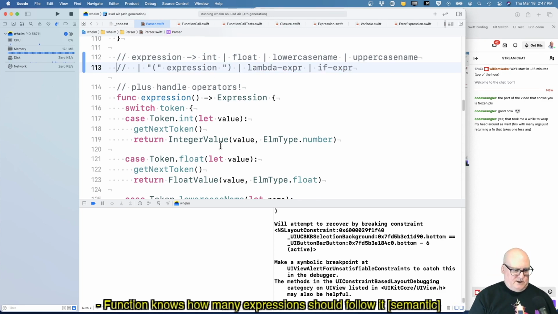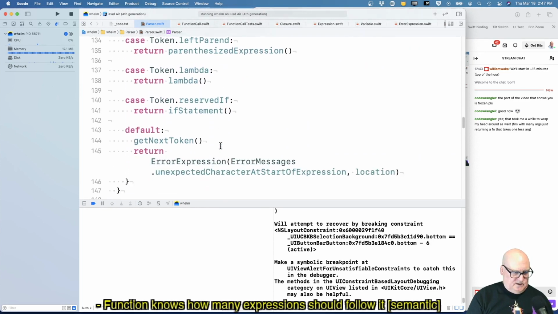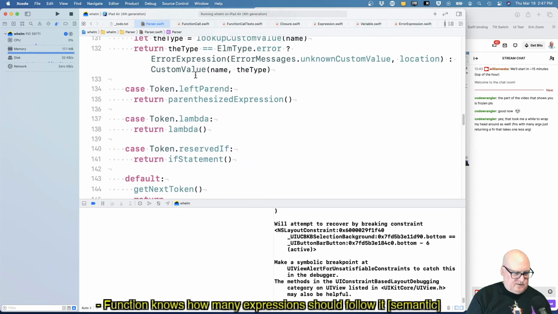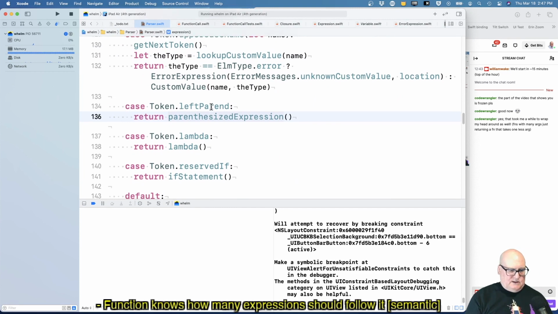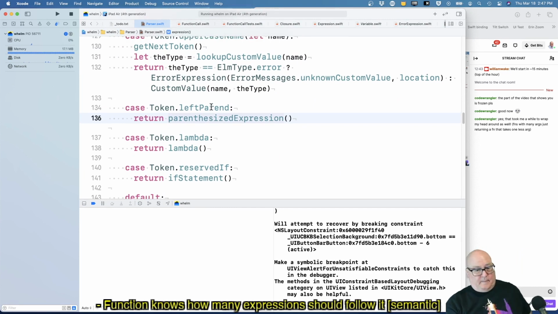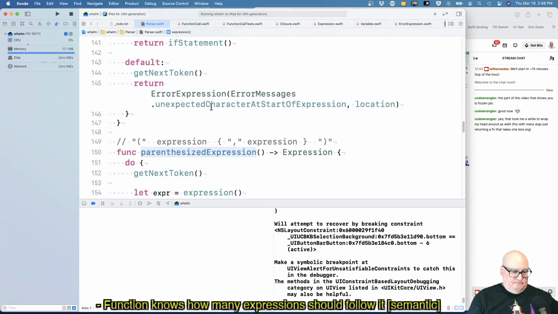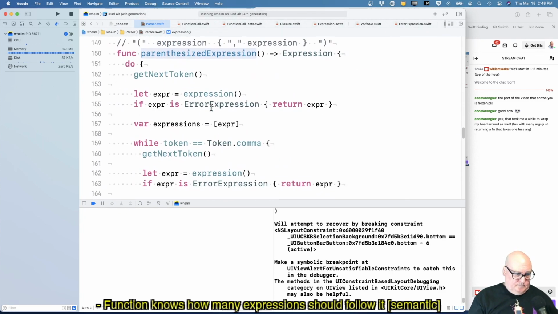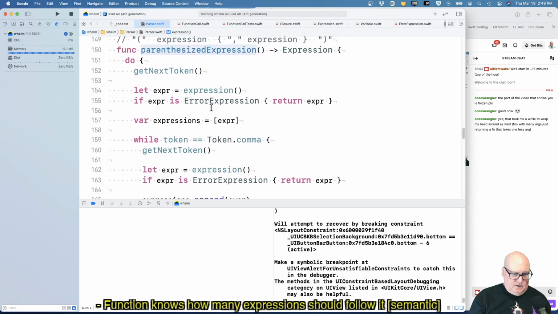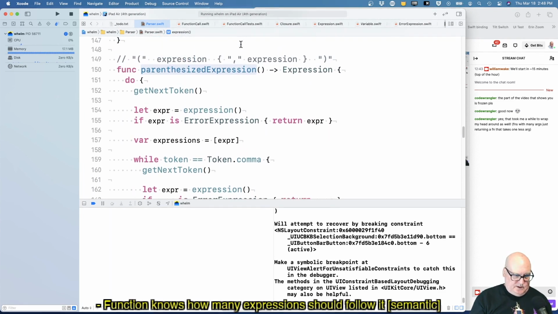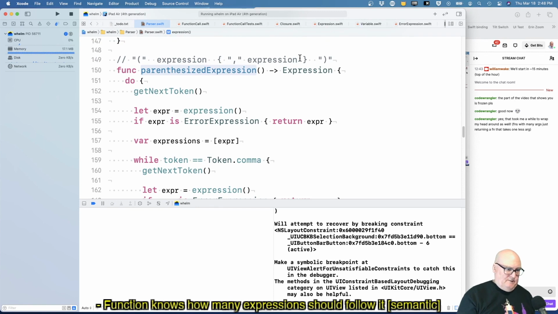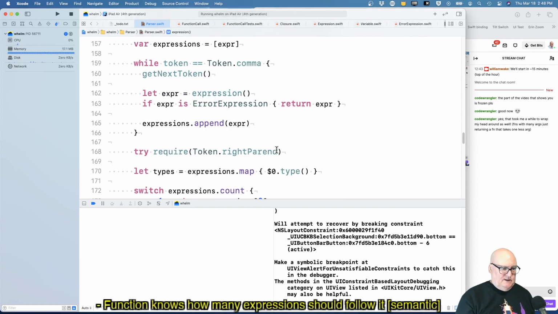Or expressions. Where's left then? Okay, so parenthesized expression goes to expression, comma expression. If token is comma,